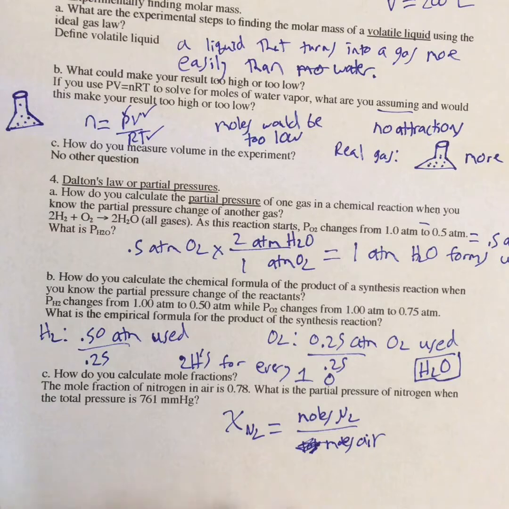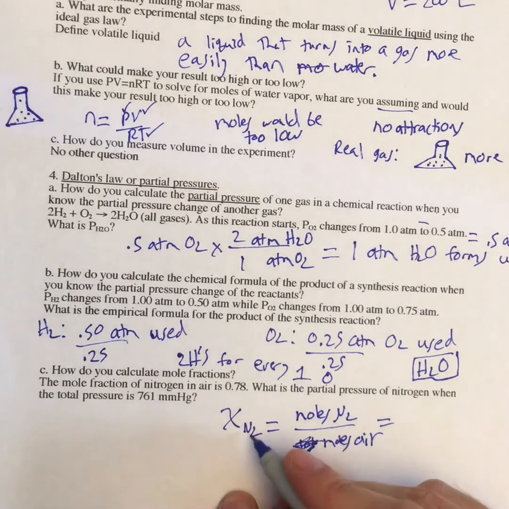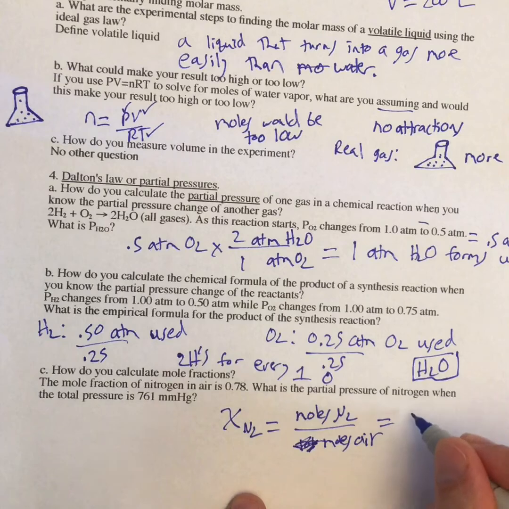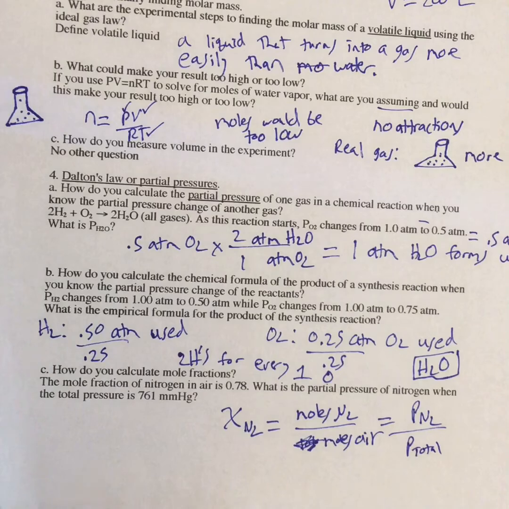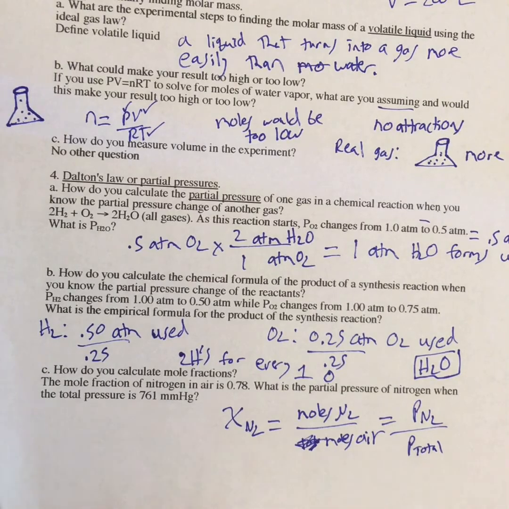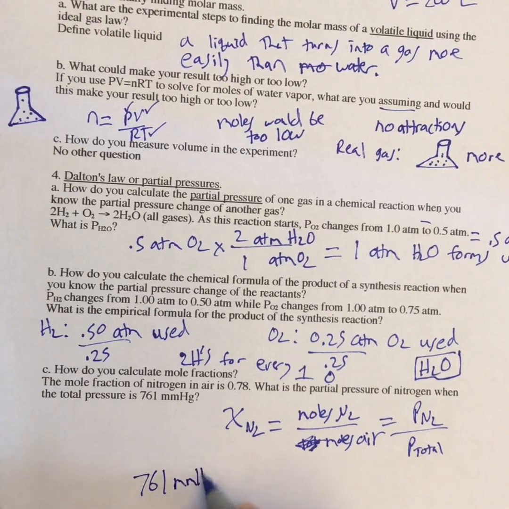And so, because pressure can be treated just like moles as long as temperature and volume are constant, I can say that this mole fraction is also equal to the partial pressure of nitrogen over the total pressure of air. And so then I have the total pressure, so I can use this as a conversion fraction to figure out the answer. So 761 millimeters of mercury,